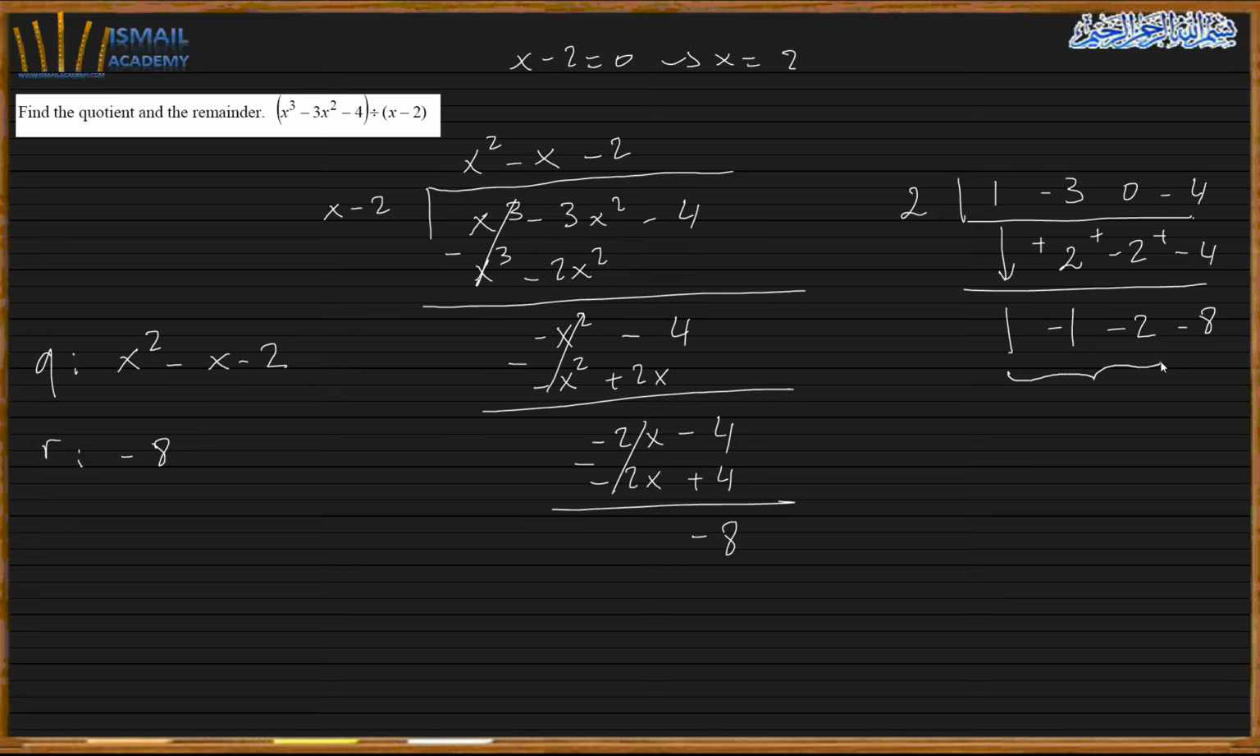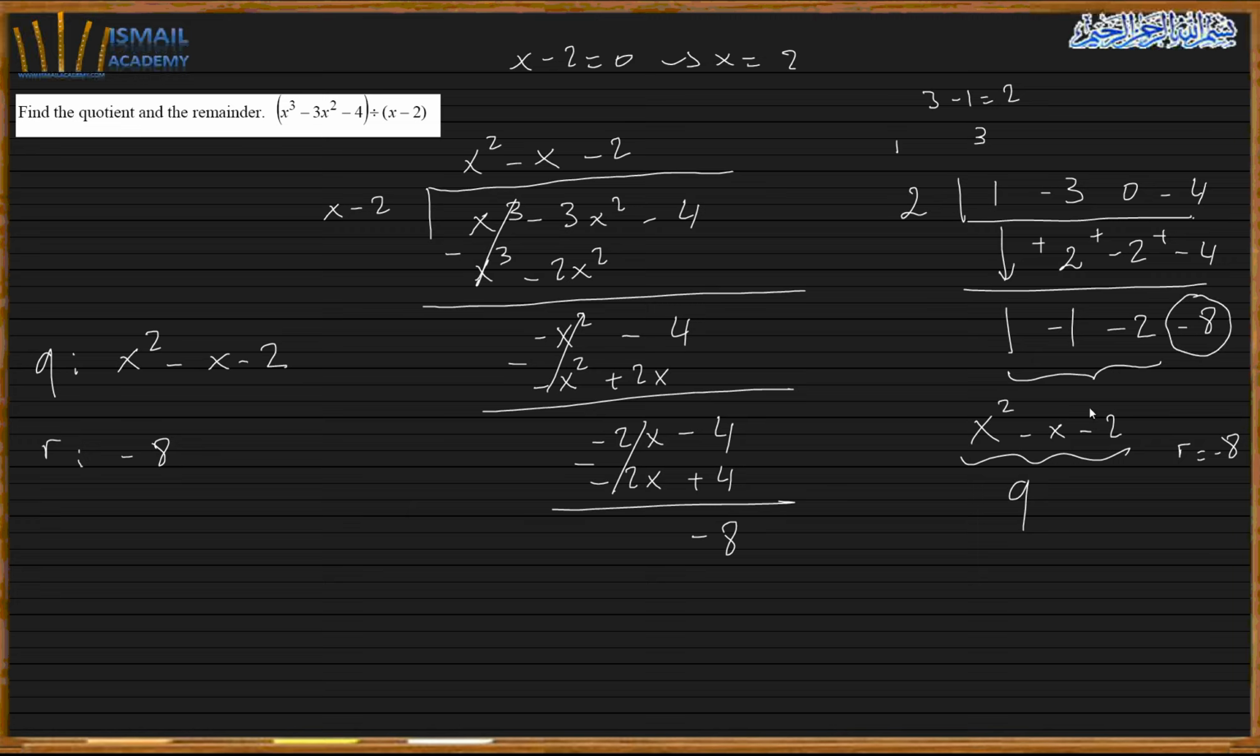So this is my quotient, so the coefficient of the quotient. So this is degree 1, this is degree 3. To find out the quotient, you subtract those two. So 3 minus 1 is 2. That means this is degree 2. So it's going to be x squared minus x minus 2. And this is going to be my quotient, and the remainder here is